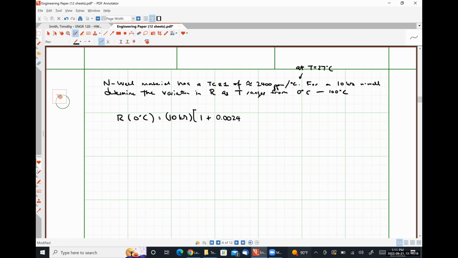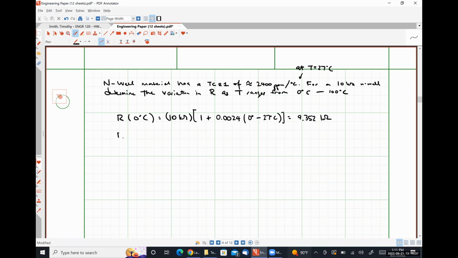So, and then we have our temperature of interest, which is 0 degrees, minus our reference temperature of T naught, which is 27 degrees. And this comes out to be 9.352